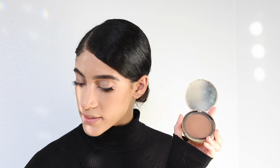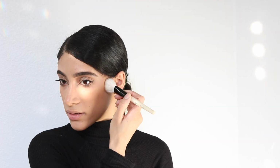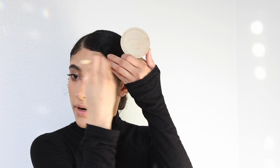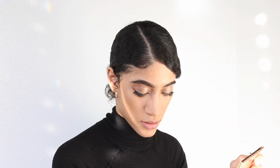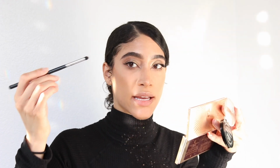Next, really quickly, I'm gonna apply a little bit of powder bronzer, and this is the Too Faced Dark Chocolate Soleil. So I'm just gonna add a little bit of color to my face and also to my forehead. And I went through my makeup and I found the Gilded Honey, which again is like an OG product. It's kind of like the perfect highlighter for this look. Just the tip. Cupid's bow. Right here. And this is going to open up your eye even more. She did this in her Vogue tutorial with some kind of